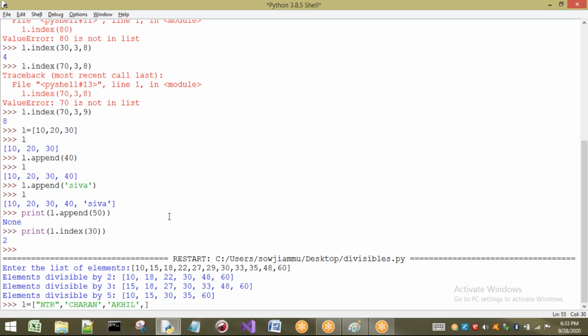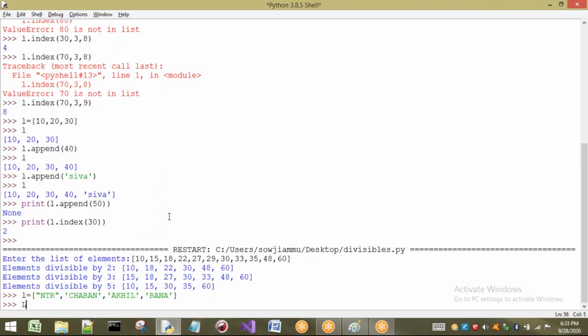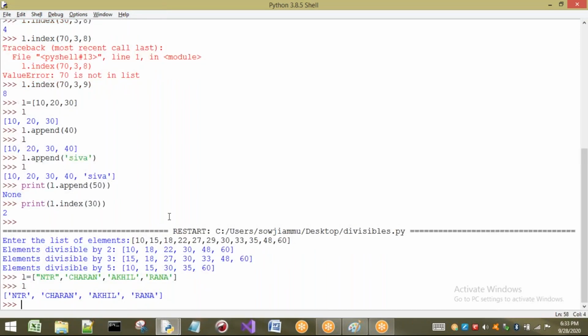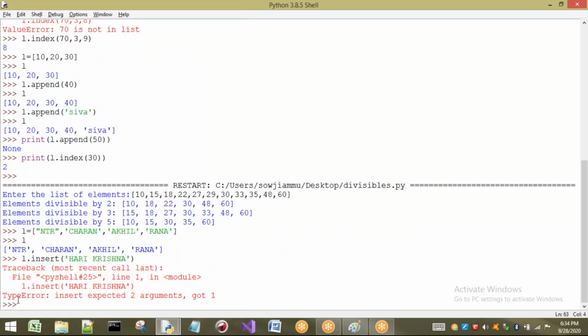These are the list of elements, and I want to see the elements that are present inside L. Now I want to insert at the first location, or 0th location. So L dot insert of, the father name of NTR is Hari Krishna, for example.